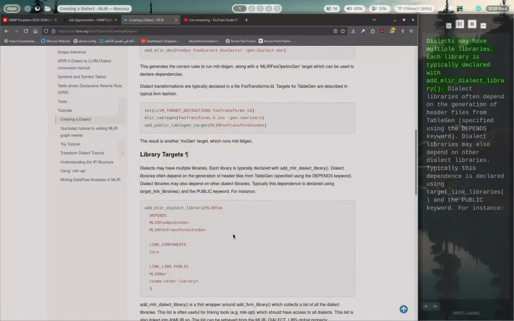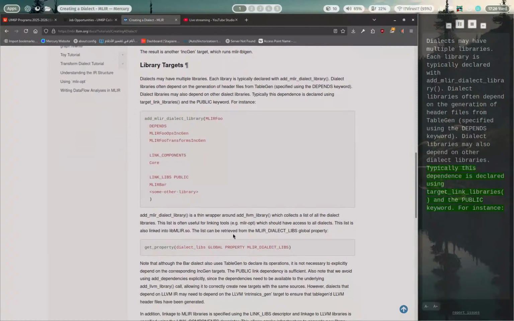Dialects may have multiple libraries. Each library is typically declared with add_mlir_dialect_library. Dialect libraries often depend on the generation of header files from TableGen, specified using the DEPENDS keyword. Dialect libraries may also depend on other dialect libraries. Typically, this dependence is declared using target_link_libraries and the PUBLIC keyword. For instance,